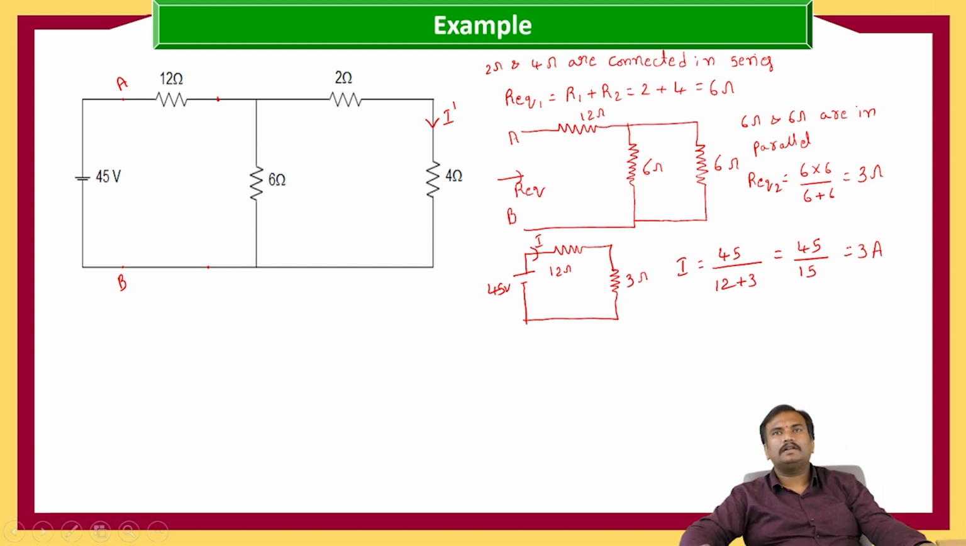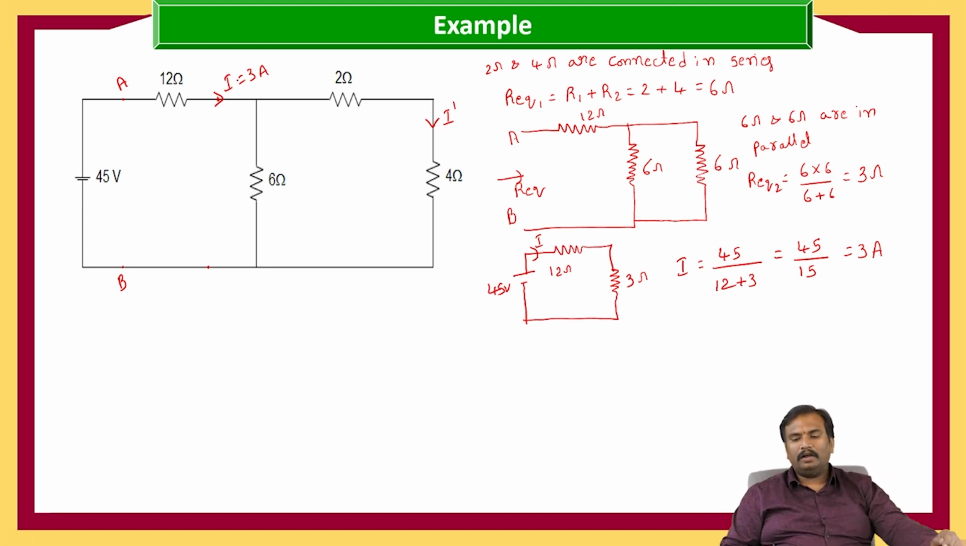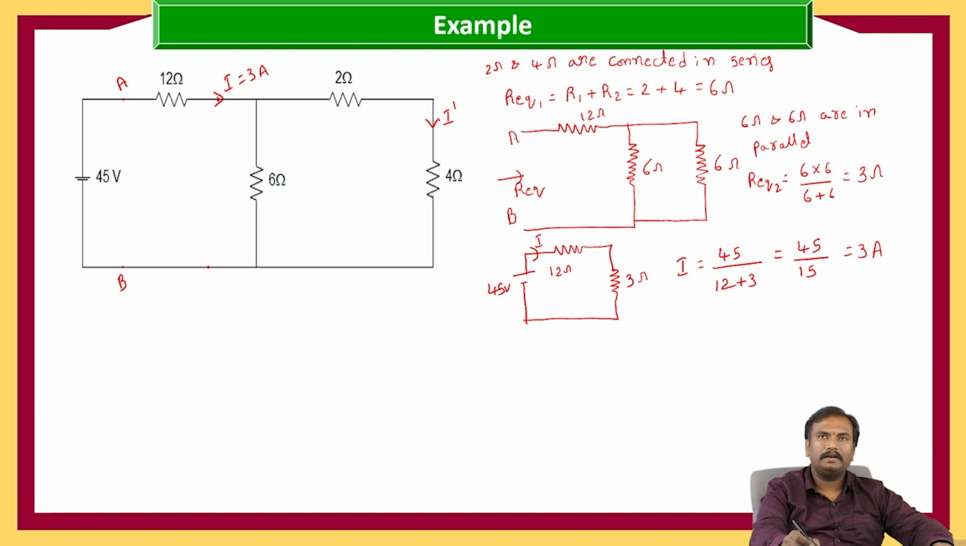So now we got the total current as 3 amperes. Here you can see this current, we got it as 3 amperes. Now we need to calculate what is the current in this 4 ohms. So I dash is equal to, and if you take these two in series, the equivalent resistance we got it as 6